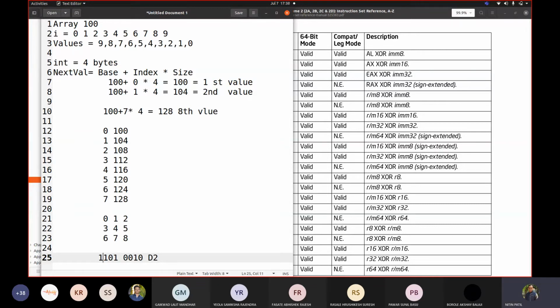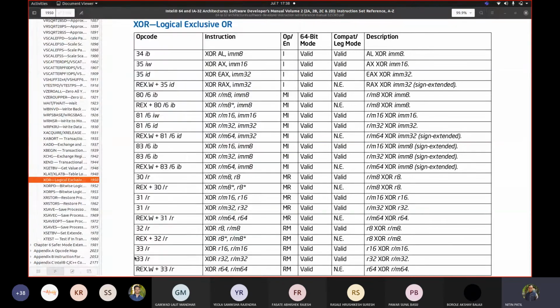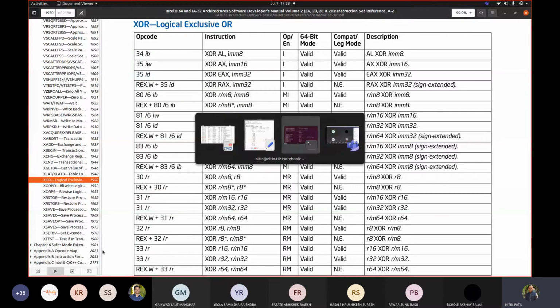How did I get it? I wrote the EDX number 010, 010. As both the places contain the same number, the same register, that's why I wrote 010. It doesn't matter now in what order, but I know that it is register to register. That's why I took 11, and then I combined these digits and formed a nibble of 4 bits together, and then I converted this to hex. So I got D, and this was 2. So that's why we could see here in the code D2.